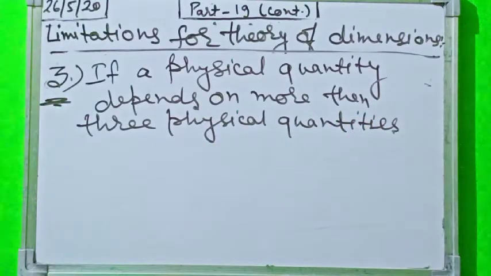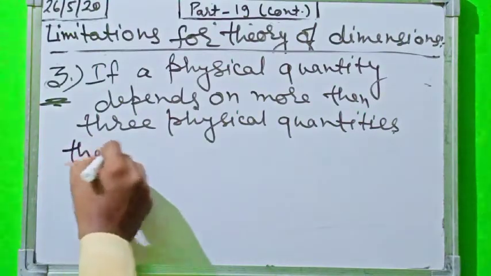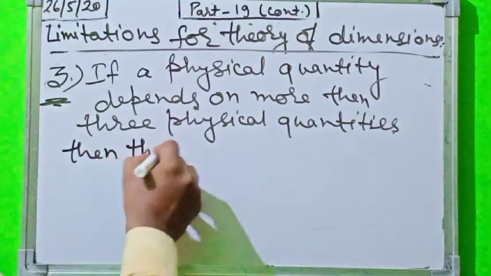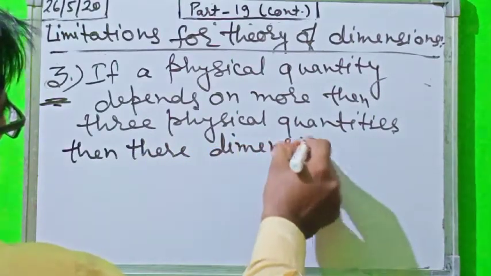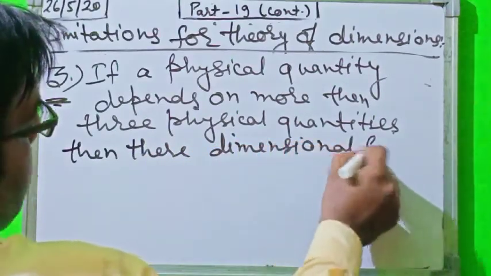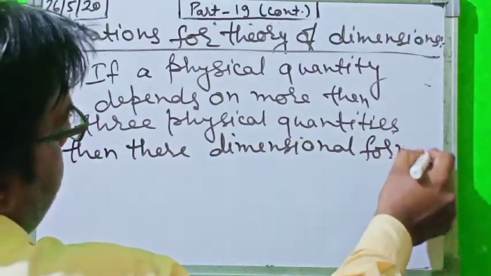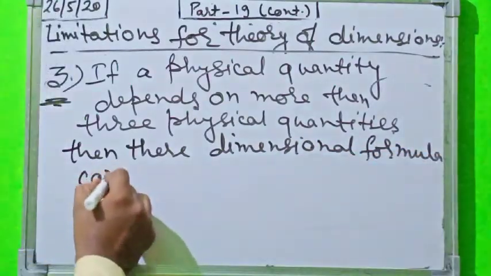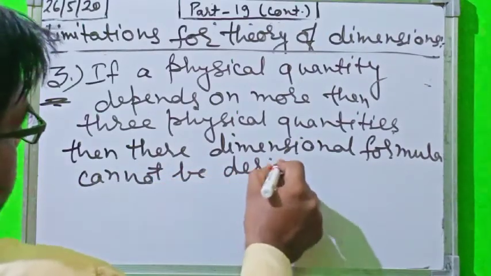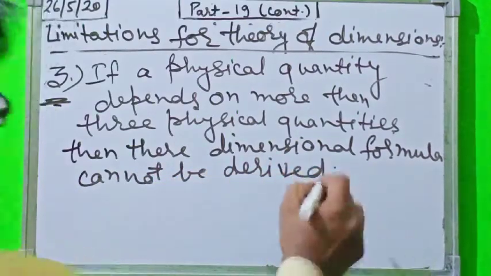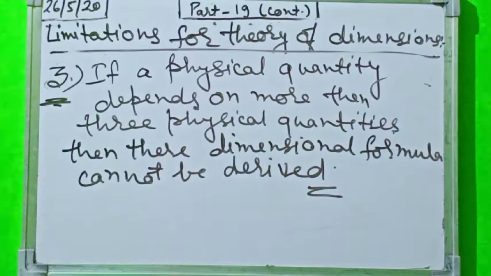If a physical quantity depends on more than 3 physical quantities, then their dimensional formula cannot be derived, because in this case